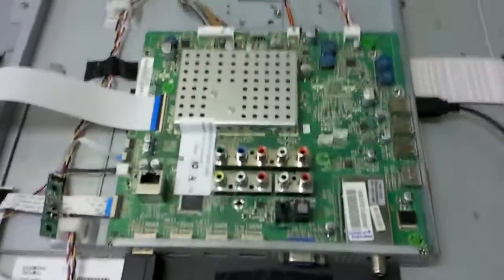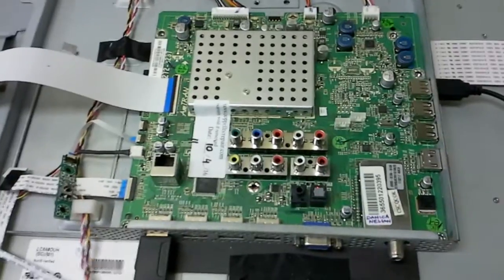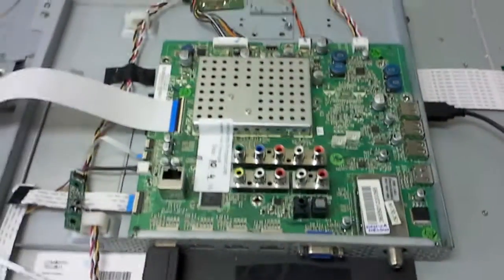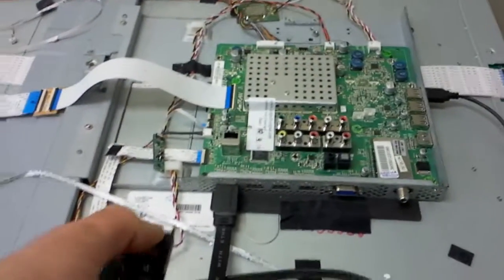This is Bobby, here to help you with a proof of functionality of a repaired main board for a Vizio XVT553SV. Customer Danica Nelson, I hope I'm pronouncing that properly. I apologize if I don't. The board is currently functional. I'm going to turn off the TV